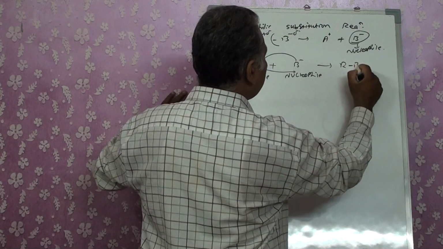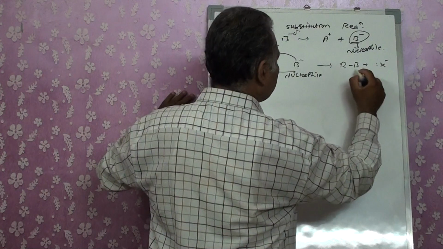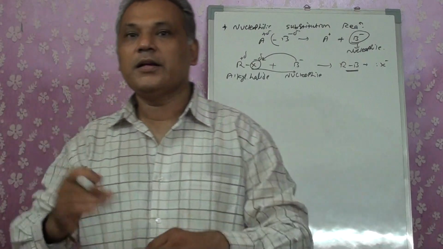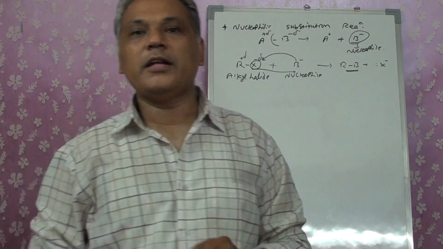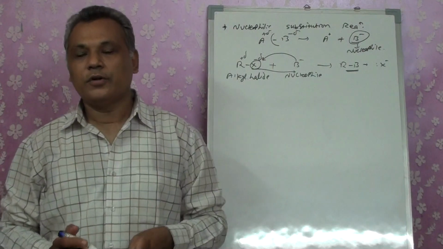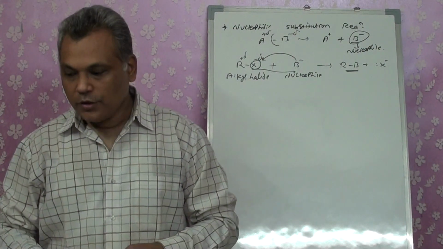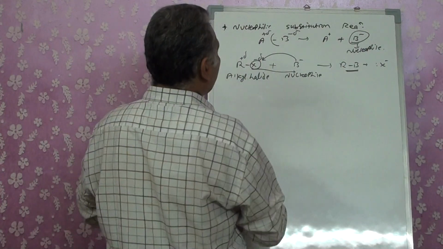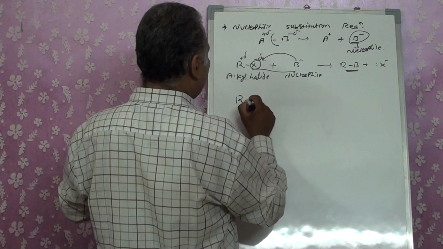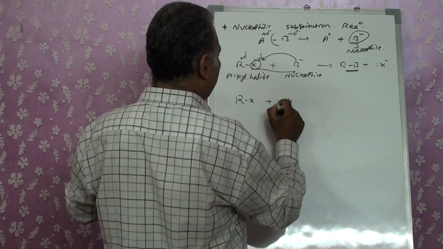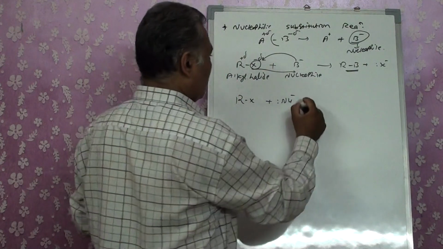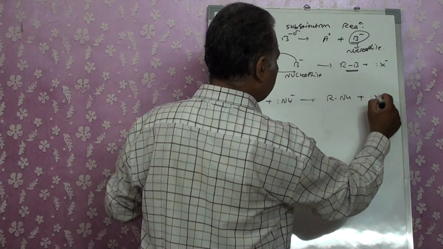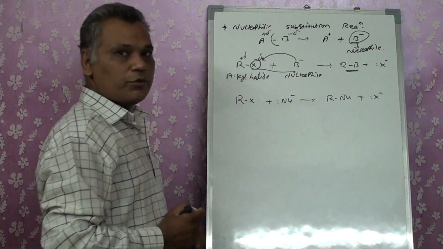that means the nucleophile will enter and the halogen will exit. You will get R-Nu and X minus. So this is known as substitution. One is entering, another is leaving, but the entering one is the nucleophile. So it is considered a nucleophilic substitution reaction. In our textbook, the reaction is given as RX plus Nu, where Nu means nucleophile, gets converted into R-Nu plus X. The halogen is removed. So this is a substitution reaction.